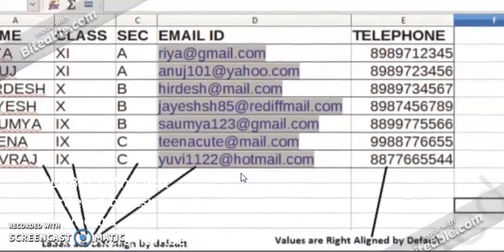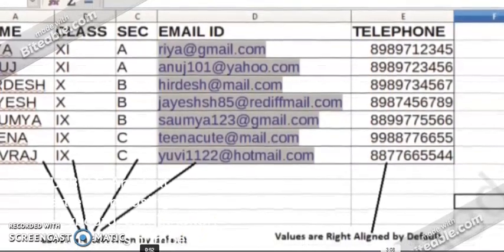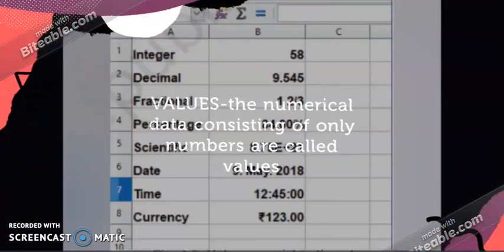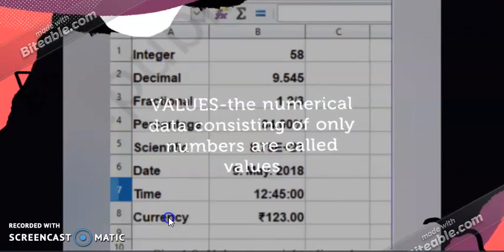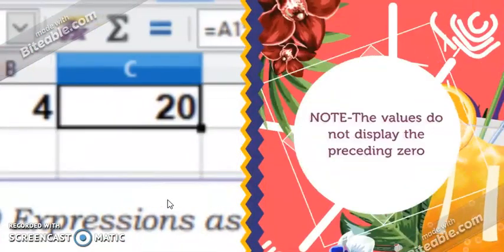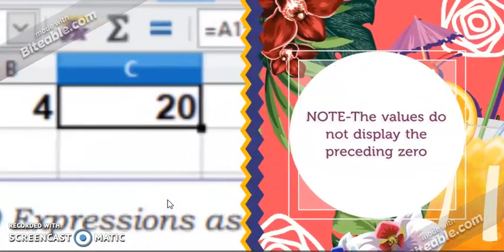Next one is values. The numerical data consisting of only numbers are called values. By default, values are right aligned. There are various forms of values such as integer, decimal, and so on. The next one is formulae. Any expression that begins with an equal to sign is treated as a formula.